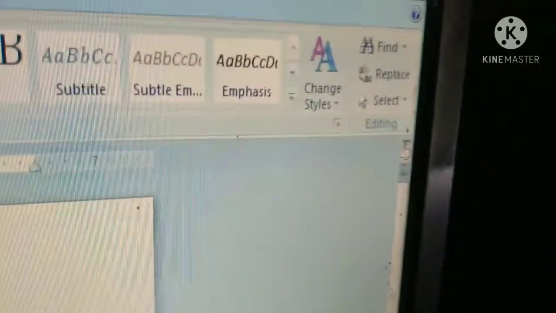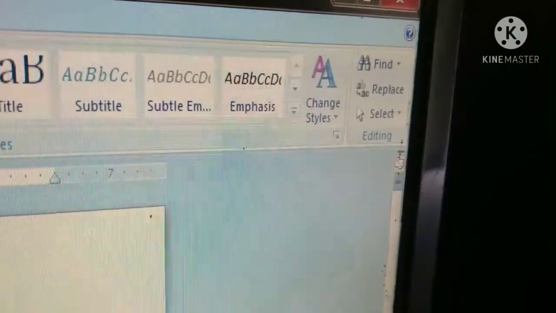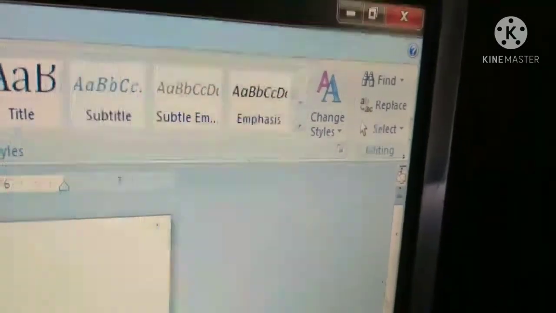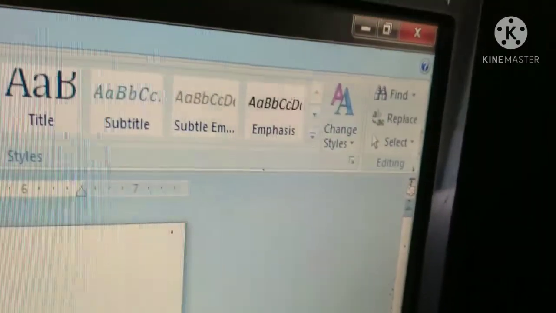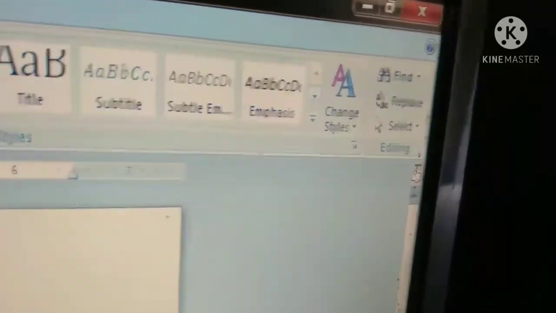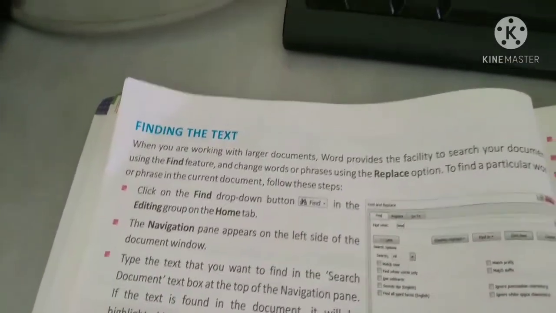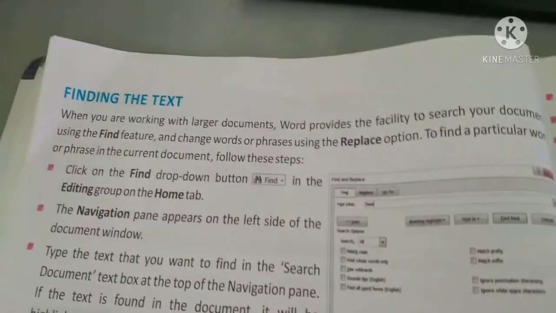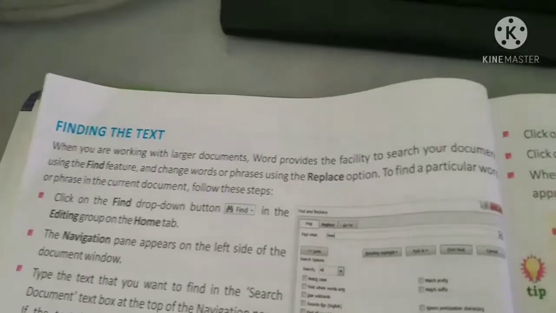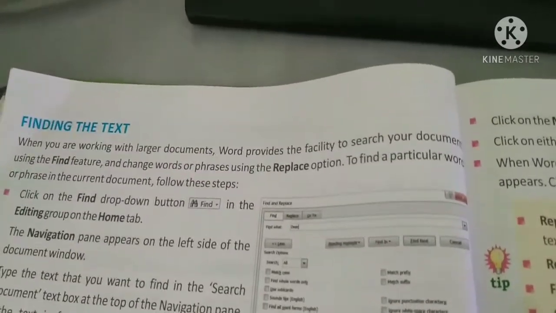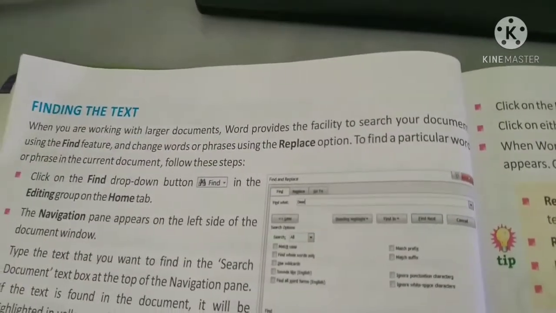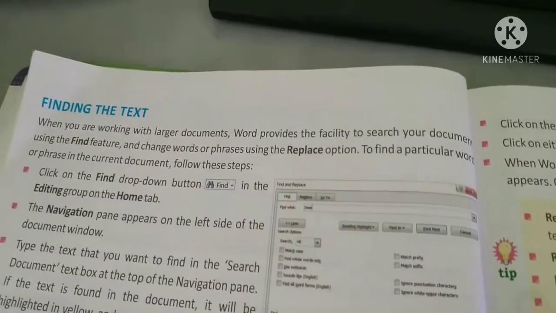What is the meaning of find and replace in the text? When you are working with large documents, Word provides the facility to search your document using the Find feature and change words or phrases using the Replace option, to find a particular word or phrase in the current document.